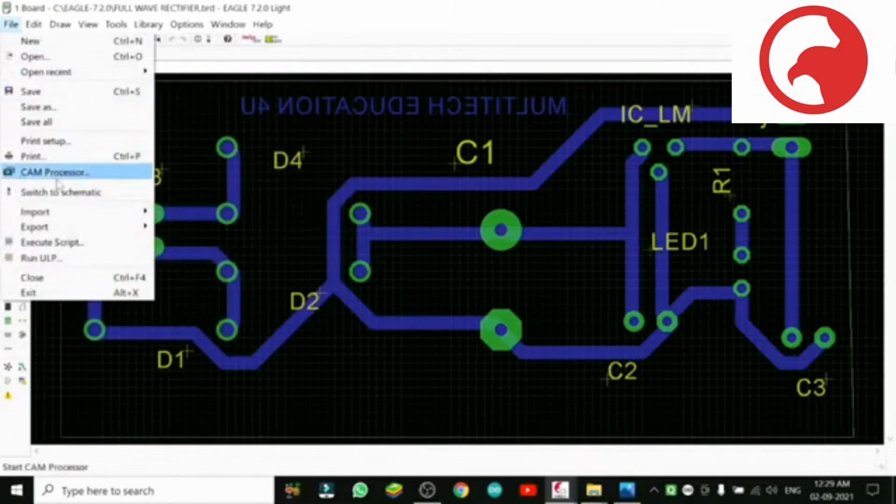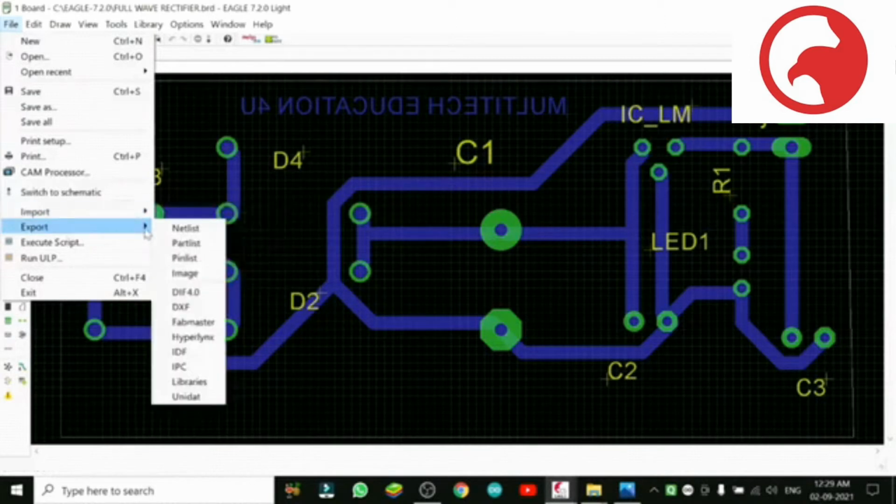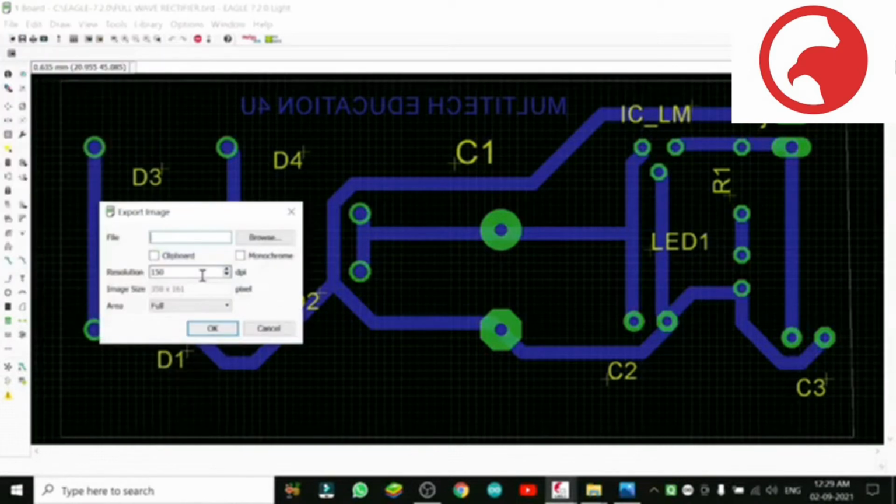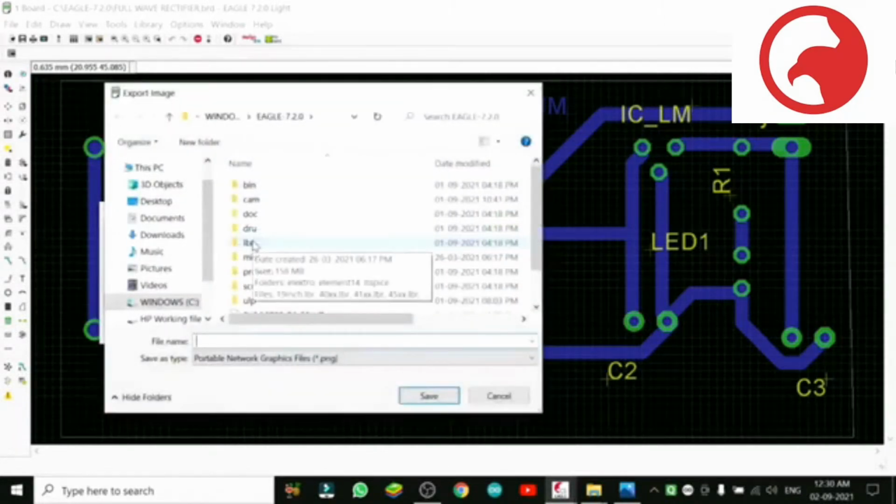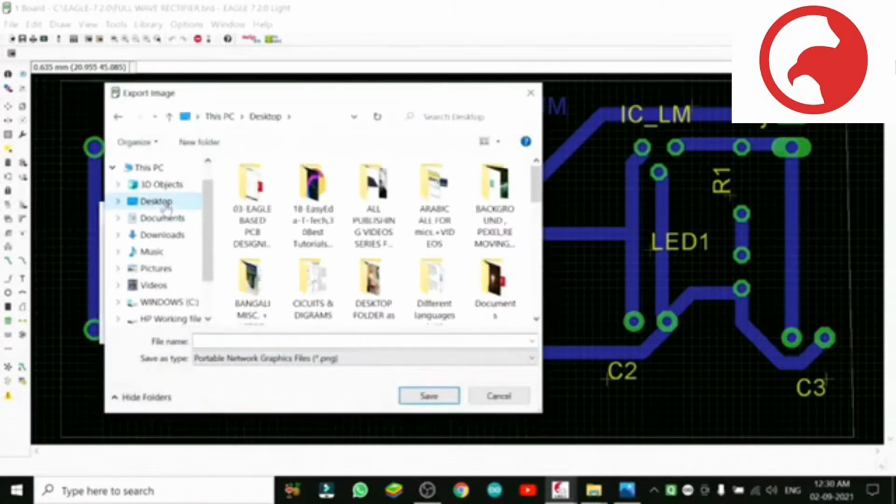Now, after the last tutorial, I made a little modification in this circuit. Only a little bit. I just wrote the name at the top, Multi-Tech Education for you. Before it was at the bottom. So on desktop you can save it from the file.